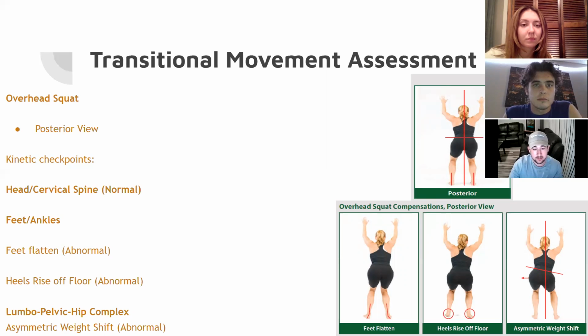So the first image up above, we have which would be normal. And then below, we have a few examples of abnormalities. So going through the connect checkpoints here, we have the feet flattening, and this is a sign of underactive muscles such as the posterior tibialis, or overactive muscles such